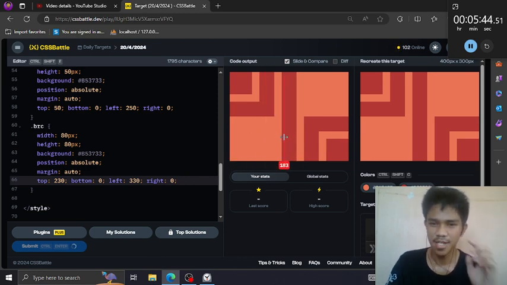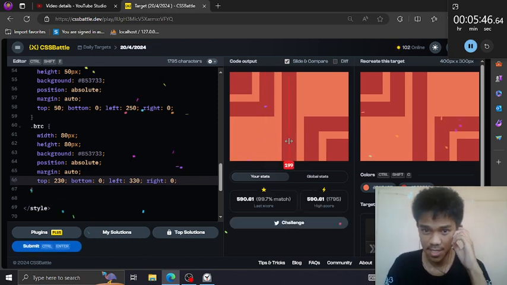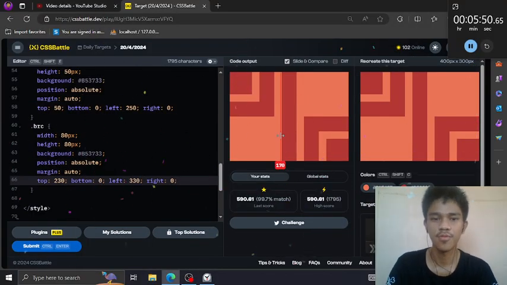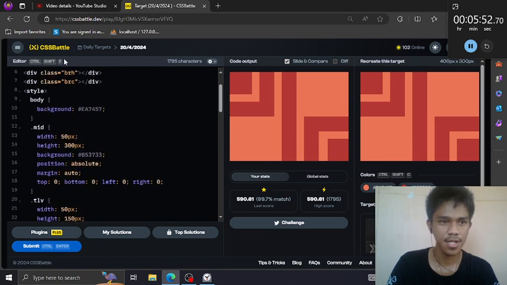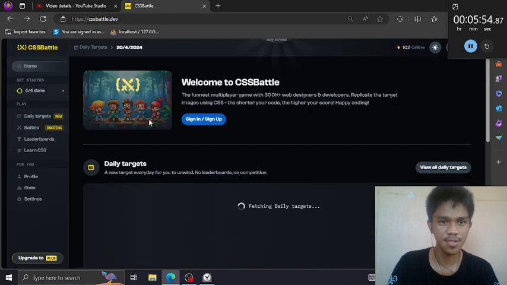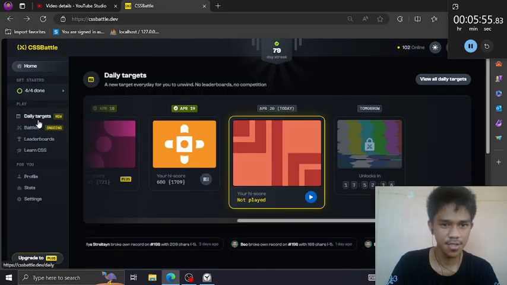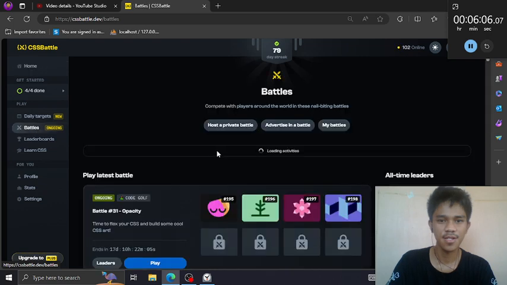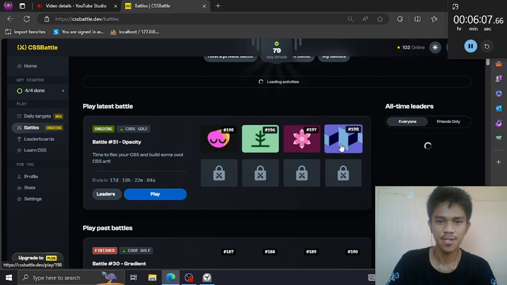And by the way, today I just noticed the battle started. Maybe that's the reason why this is delayed. I can show you a bit here. If we go to this page here, battles, it's loading, and there are four first battles.